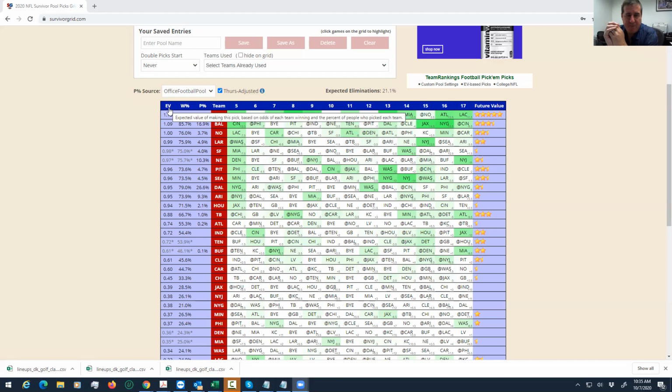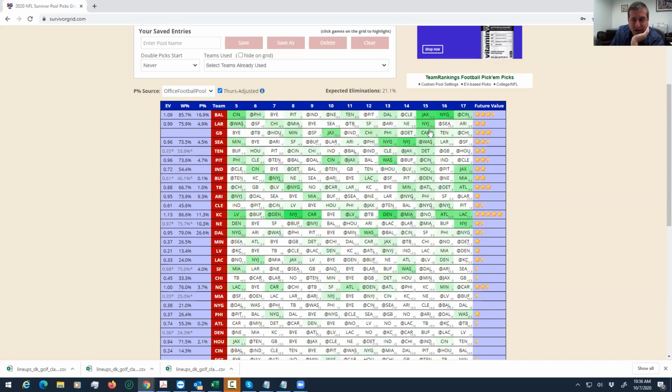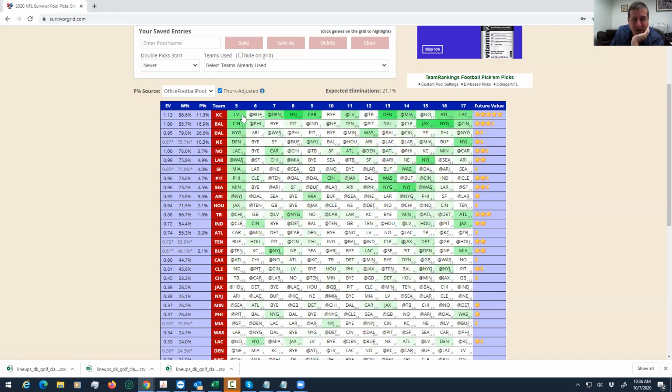So last week, we faded the Rams, as you might recall. The Rams were about 55% owned, and they were just kind of an okay EV play. One of the reasons we faded them is I saw out in the future that they were going to be a really good play in week 15, okay? And the idea is this: if 55% of the people are going to be taking them now, even if they don't lose,